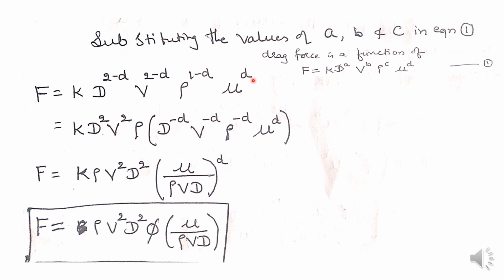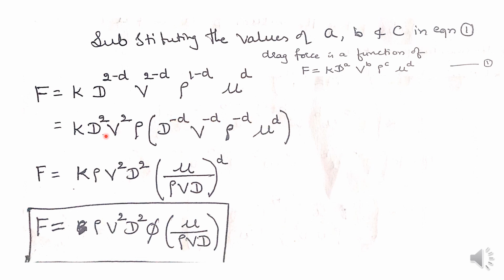So here now let us separate the terms. K is equals to D square, I have written here. V square I have written separately here. Rho I have written here separately. Now again same here, D to the power minus D I have written separately here. V to the power minus D. Rho to the power minus D. Viscosity to the power D. That means the powers which are in numbers I have separated into one term, and the powers which are in terms of D, B, C, like that way I have made them separately.